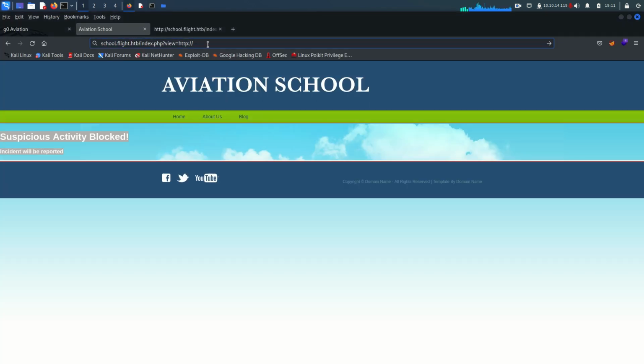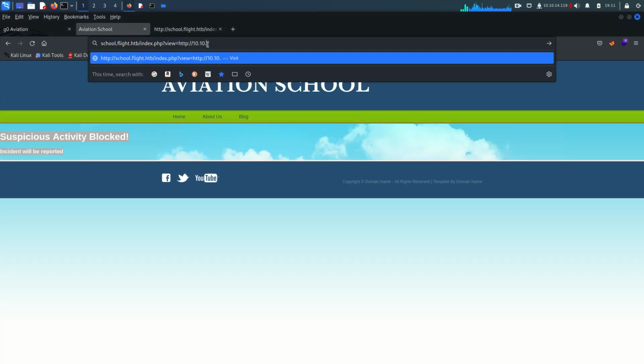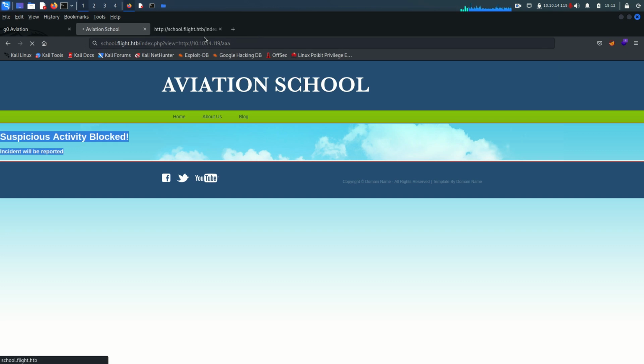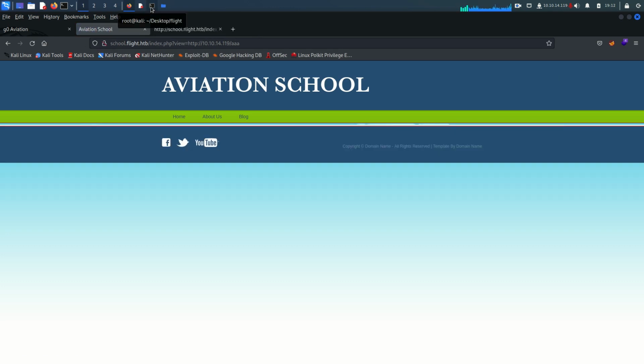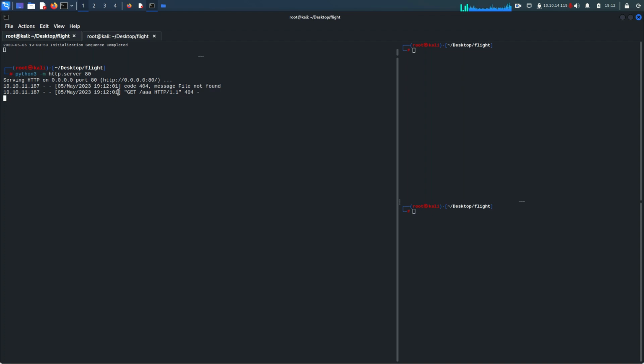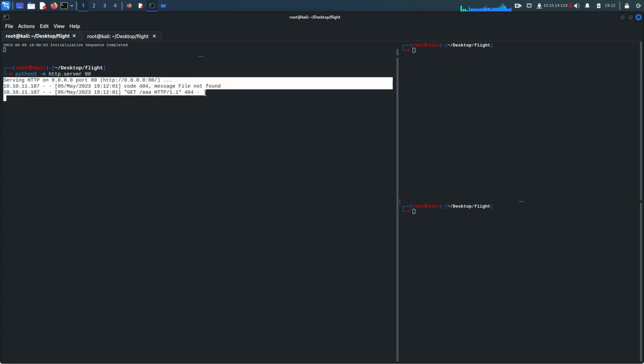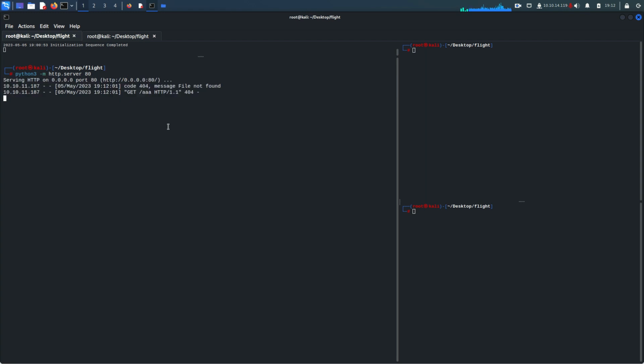Go back here, and my IP is 10.10.14.119, as you can see here, /aaa. Let's hit enter and go back to the terminal, and let's see whether we get hit or not. And as you can see, we get hit here. So if we can get hit here, we can try a few things, like what,